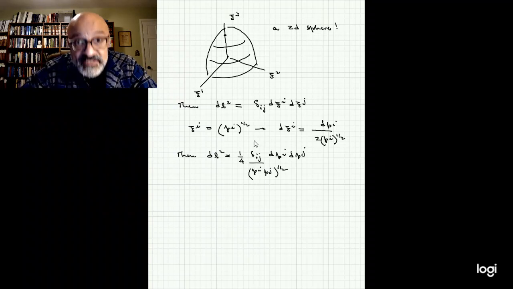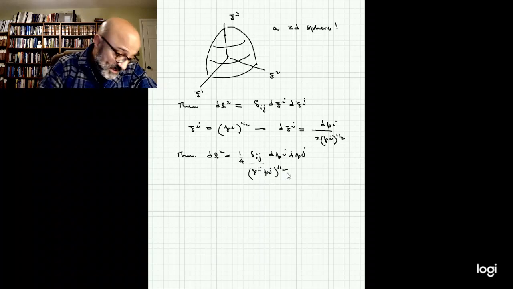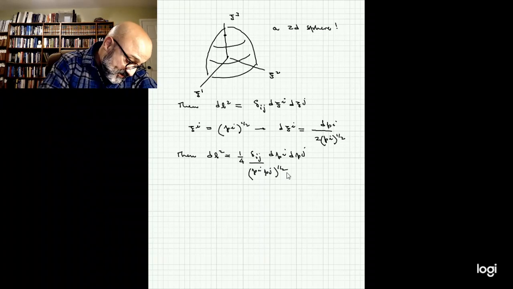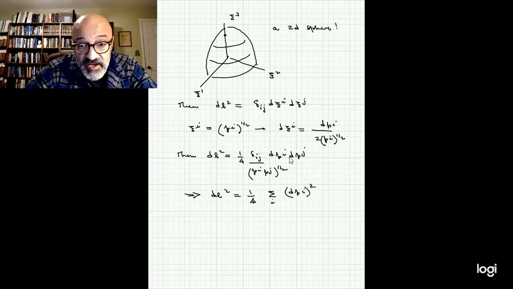What this delta is telling you is that i has to be equal to j. So when i is equal to j, you get a sum over the i's of dpi squared, and I sum over all the i's,